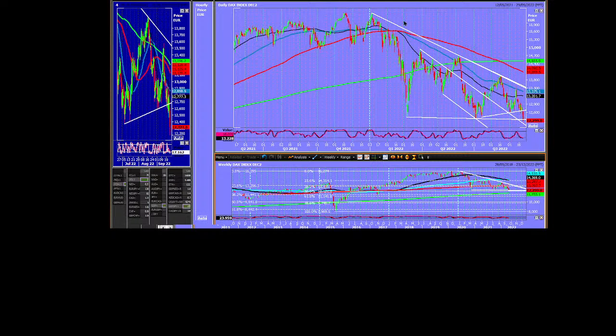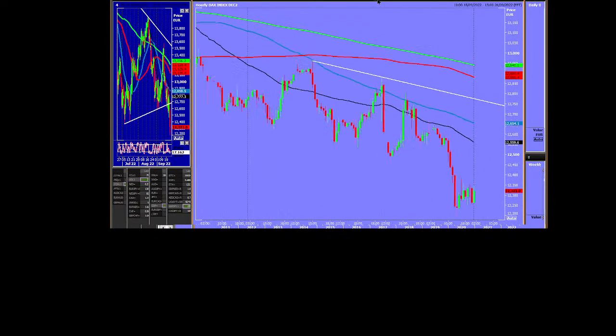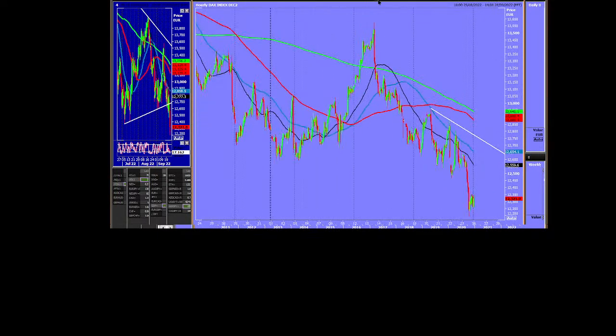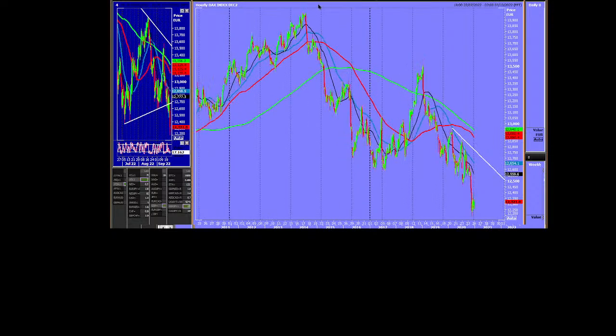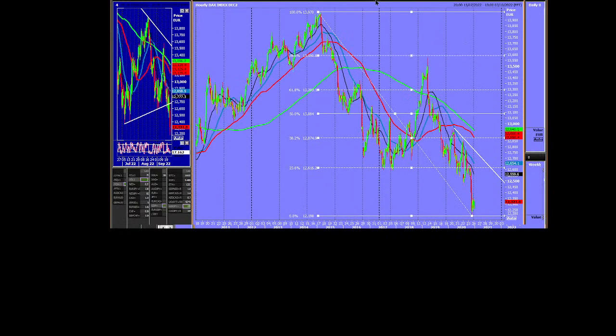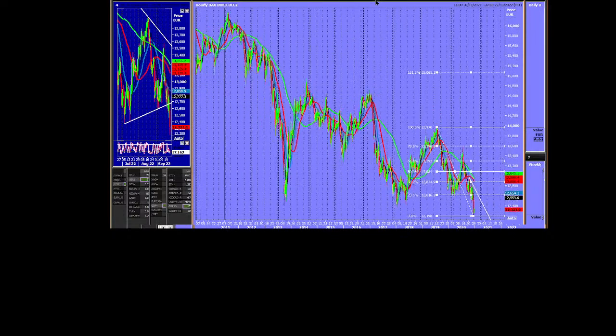Now, if we do bounce, then it's really just a case of throwing some fib levels on an hourly chart to find out where we can go. Talking of fib levels, I'm going to put them on the daily chart and see where we might go. Is that the full move? No, it's not, is it? Need to get the full move. This is how I would be looking for a target on the bounce for the DAX. Take the whole move from. Is that the whole move? No, it isn't, is it? What am I doing? Okay.